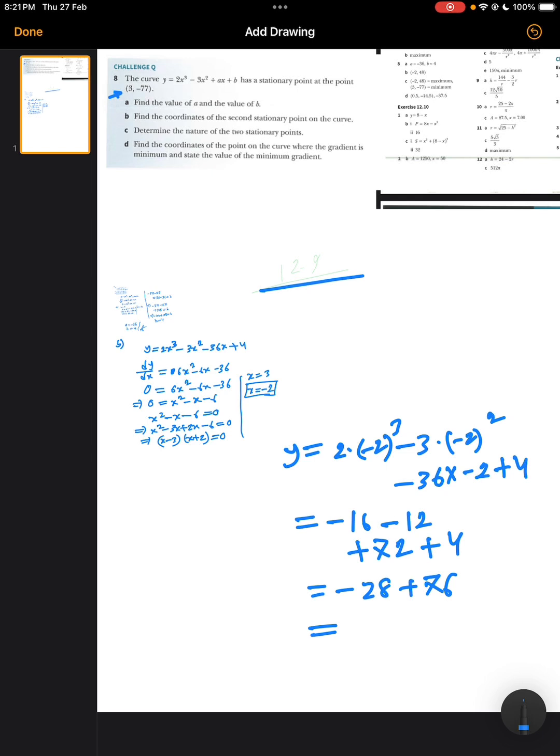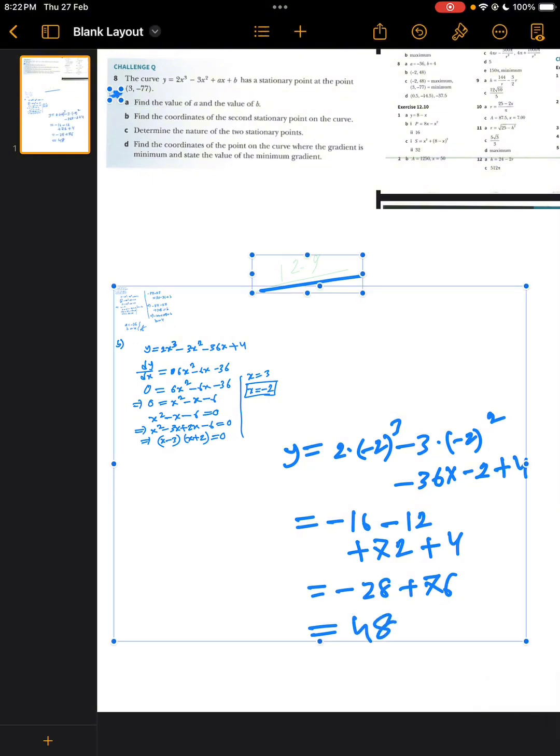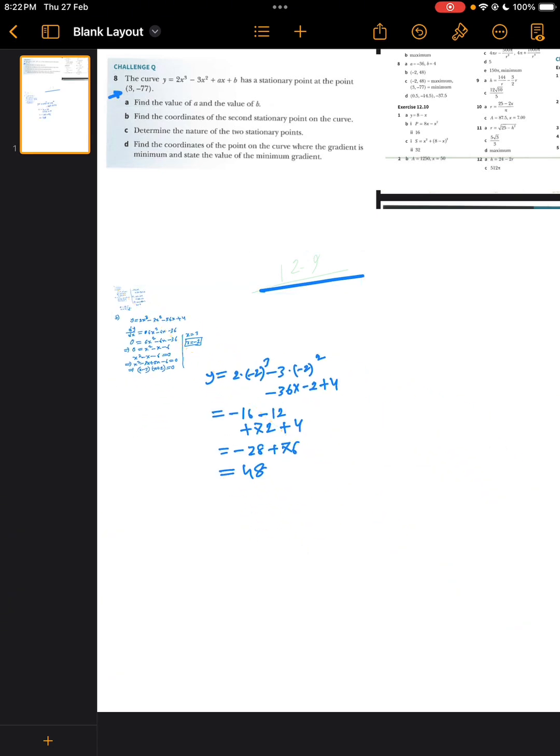Okay, if I subtract this part, that is 48. Yeah, it's 48, absolutely. Excuse me guys, I'm not using a calculator and I'm too lazy to find my calculator here. So that's it. So another stationary point would become